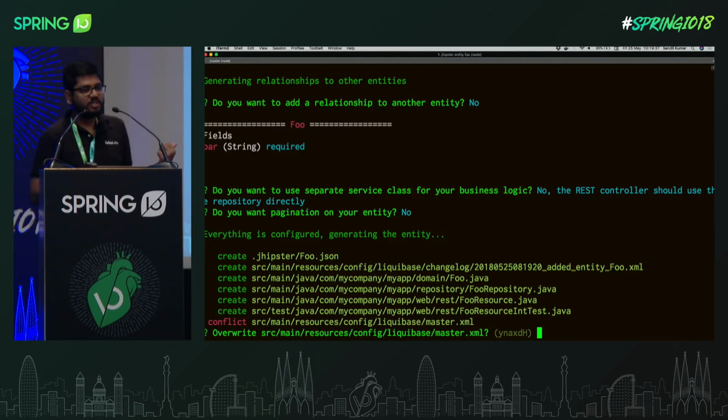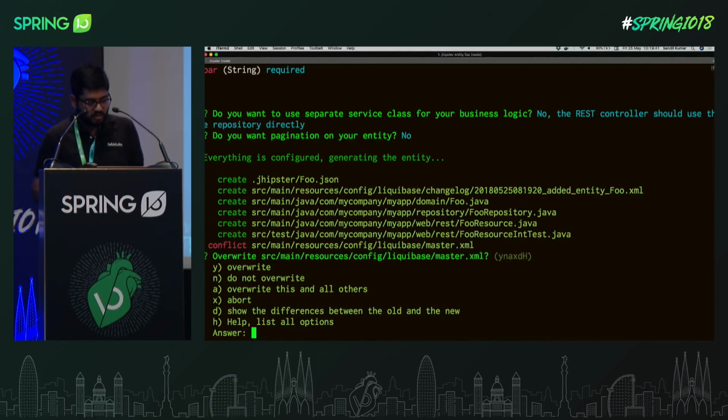Since you're generating an entity again, it asks whether you want to override the file. We give you different options here: you want to override, you don't want to override, you want to override this and all others using a command, or you want to abort. Whatever you change, you have to roll it back. All those options are extremely useful when you're upgrading your application. Suppose you have generated your entire application with JHipster 4 and you're moving to JHipster 5, you just go ahead and type